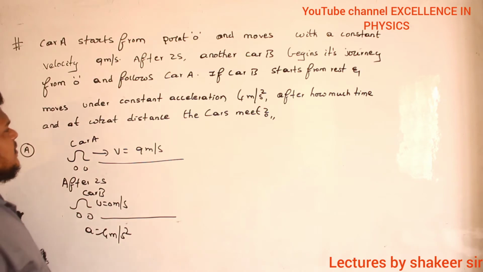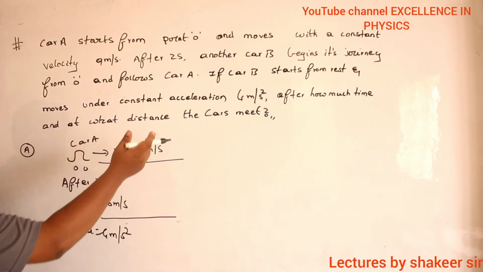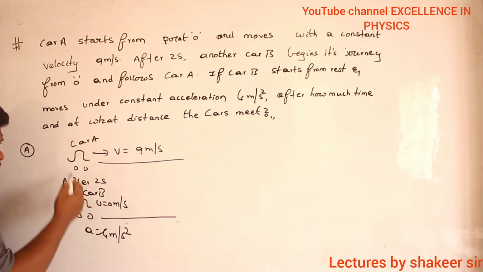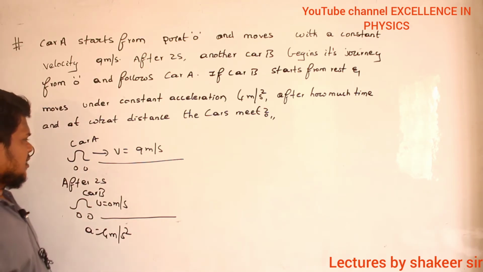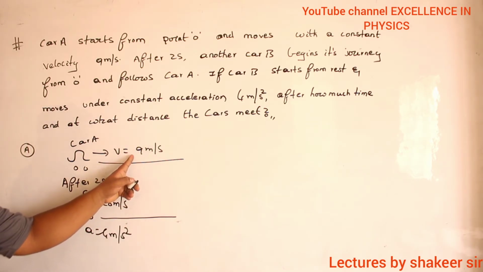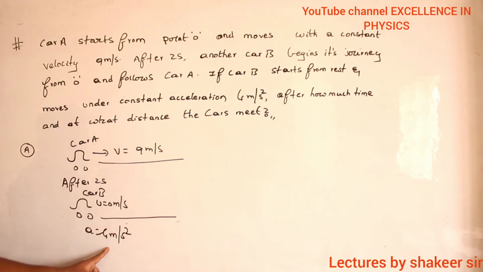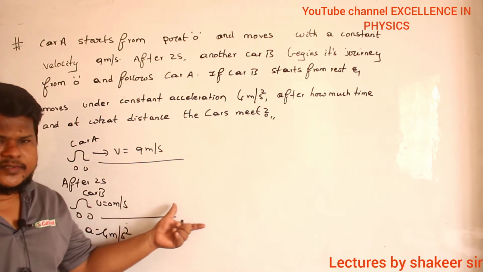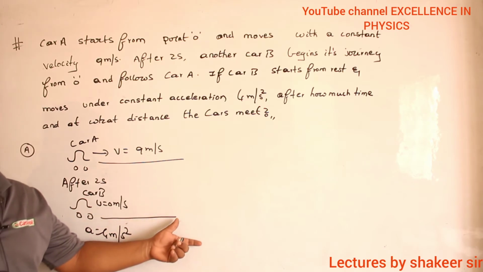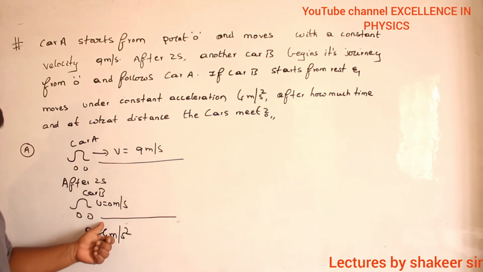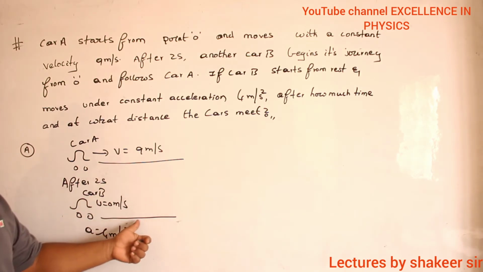Are you able to understand? Then after how much time and at what distance the cars will meet, just like the previous problem which we have done. But there is a small condition that car B has started after 2 seconds of motion of car A. Clear? And here car A is traveling with uniform velocity, same velocity, uniform motion. But car B has accelerated motion. It means its velocity continuously increases, and after a particular time interval and after traveling a particular distance, definitely car B will overtake car A because its velocity is continuously increasing.